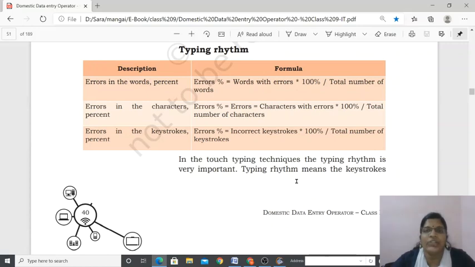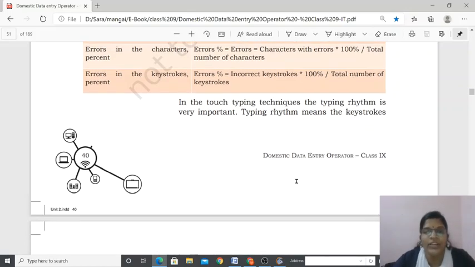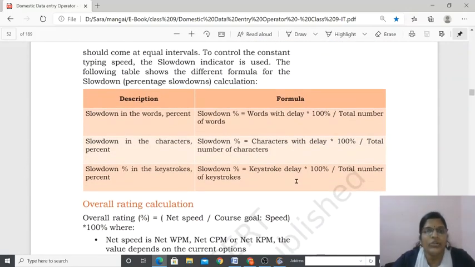Clear? That's good, students. And you know that there is a world record for typing. There is a person who can type a maximum of 212 words per minute. He achieved the world record in 2005. If you practice, you can break that world record and come to the top. So who is that person? Let's see.